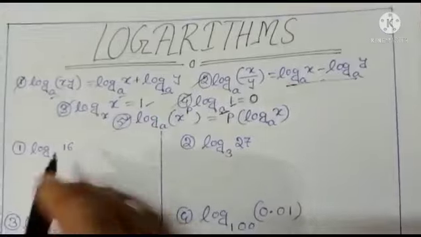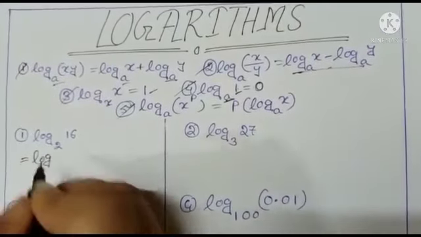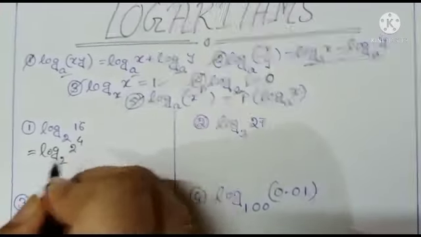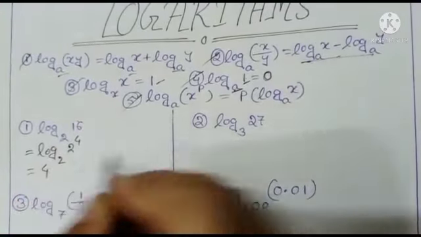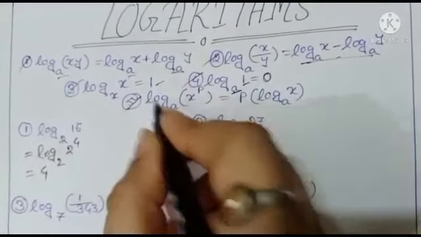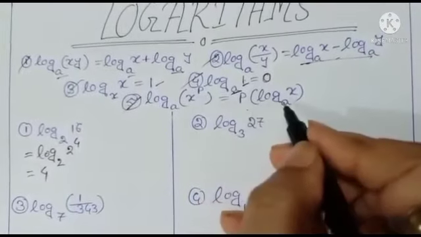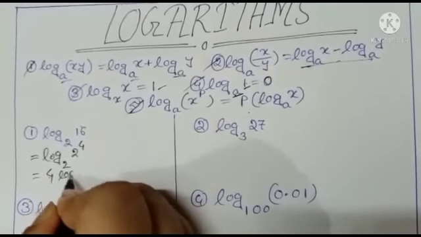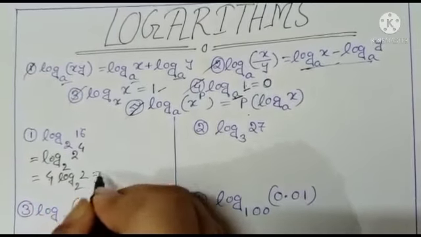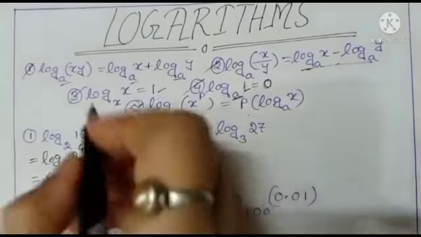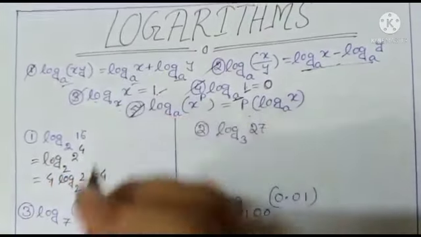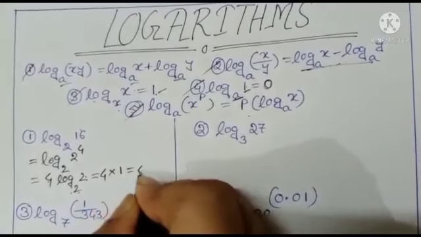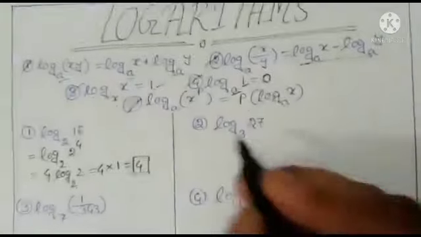First question, log base 2 of 16. 16 means 2 to the power 4. 4 comes in front, because I use this formula log base a of x to the power p is equal to p log a x. So 4 log base 2 of 2. Log base 2 of 2, log base x of x is equal to 1. Log base 2 of 2 is equal to 1. 4 into 1 is equal to 4. Next question,